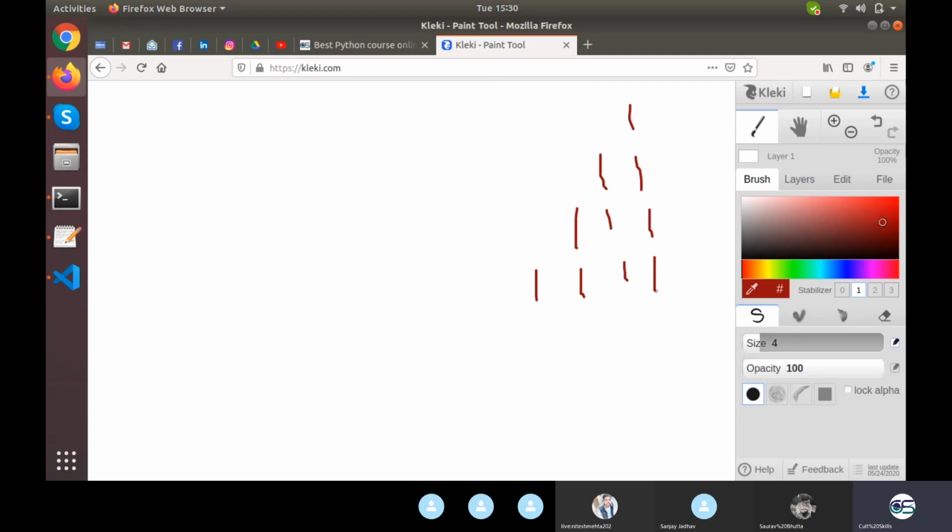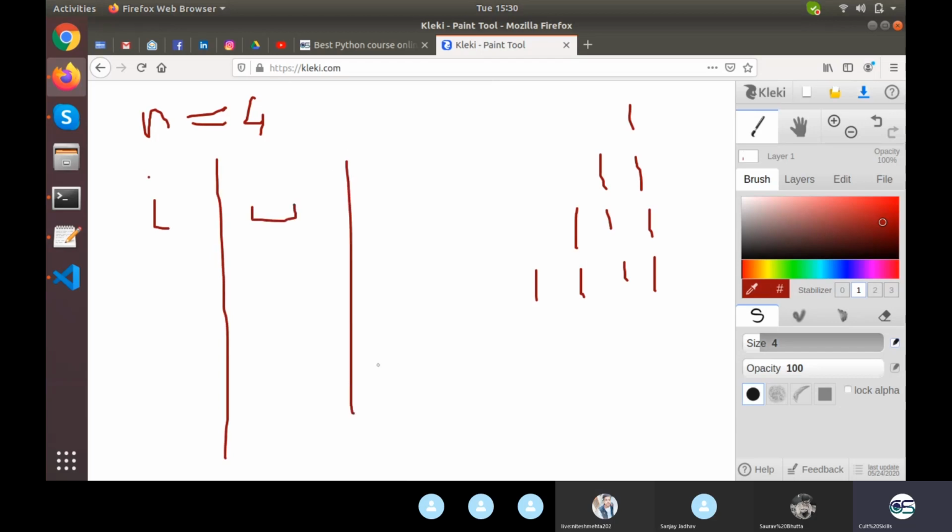So this is basically what I want. Now the value of n, which is static, is 4. The value of n is 4, but stars are increasing. That means they are somehow dependent on the I value. So what I have is I, what else I have is space, and what else I have is star. Okay, or simply this line.